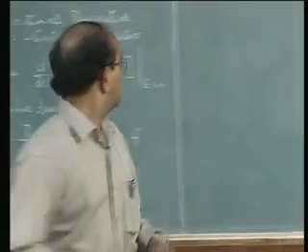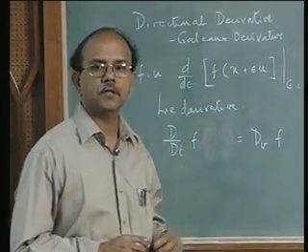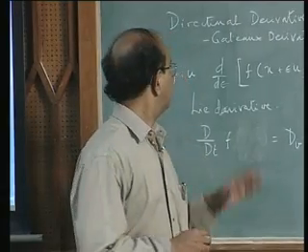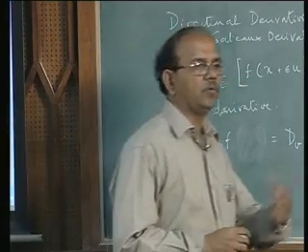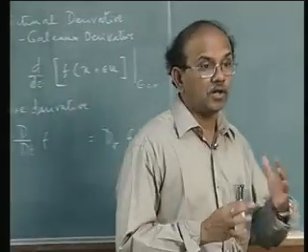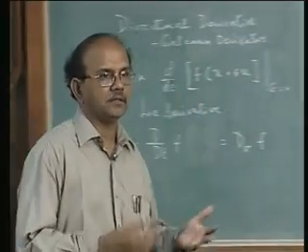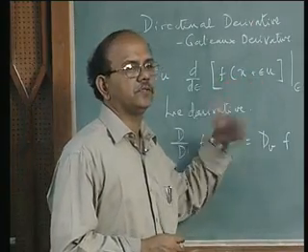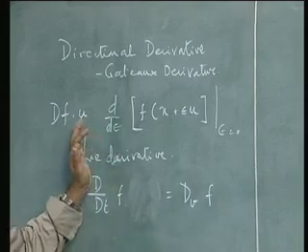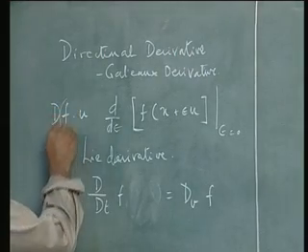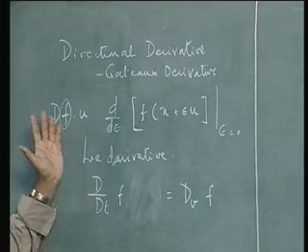In the last class, we saw what is called the directional derivative. We also call this the Gateaux derivative. And we said that the directional derivative gives us how a particular function varies along a particular direction. That function can be anything. It can be a scalar valued function or a vector valued function and so on. Say, for example, if you take a function f, then the directional derivative is the change of f along